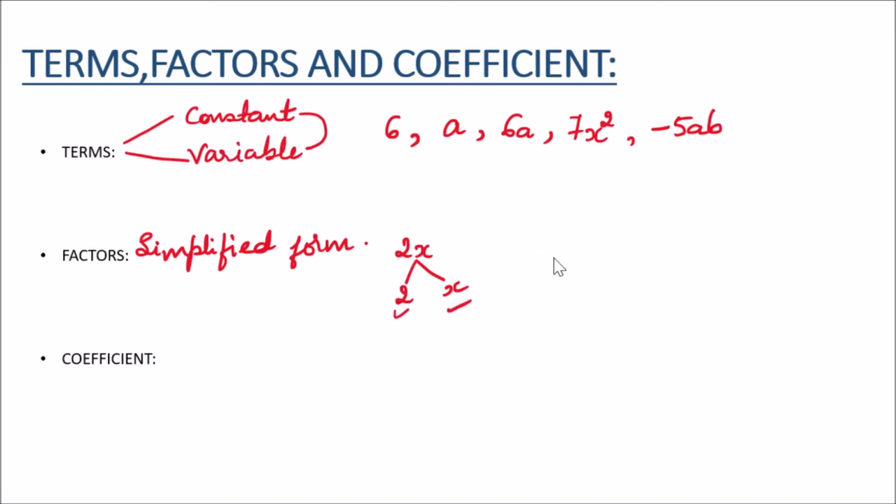Simply, if we have learned in our previous class, for example if there is 16, then what will be the factors? How do we do? We take the division method and find the factors. So this will be 2 into 2 into 2 into 2, right? Or simply we write 2 raised to 4. Clear? The same way, the simplified form of the term will be the factors. Then coefficient. This is very important. This may be a 1 mark question that can be asked from the coefficient topic.